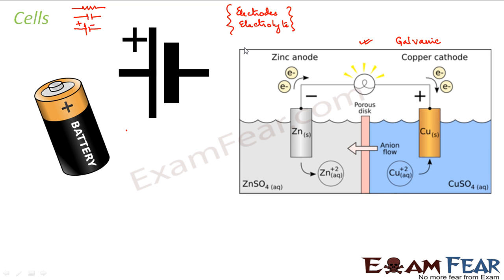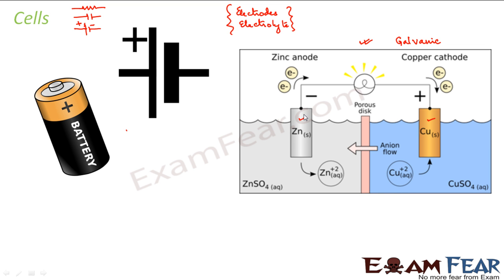Now an electrode can be in the form of a wire or a rod or a plate. So here in the galvanic cell, we have two electrodes. One is this zinc electrode and the other one is the copper electrode. Here if you see, it is in the form of a plate, or you can say it is in the form of a rod. Right? So this zinc rod acts as an electrode. It is a conductor which allows electricity to pass through it. So the cell consists of electrodes and electrolyte. What is electrolyte? Electrolyte is again a substance in which the presence of free ions makes it electrically conductive.